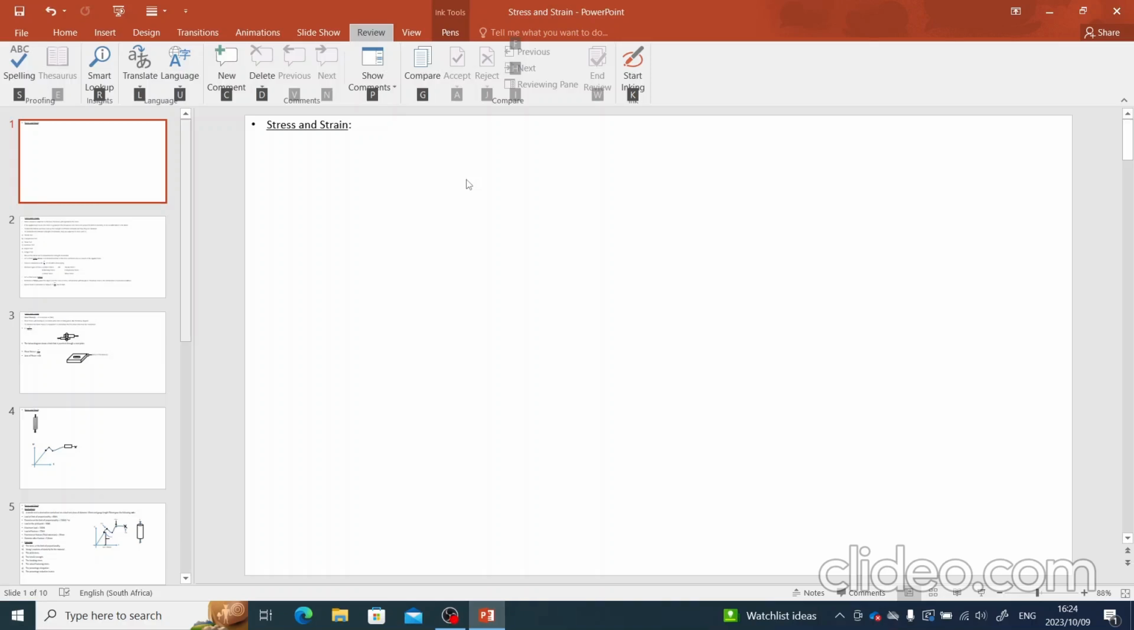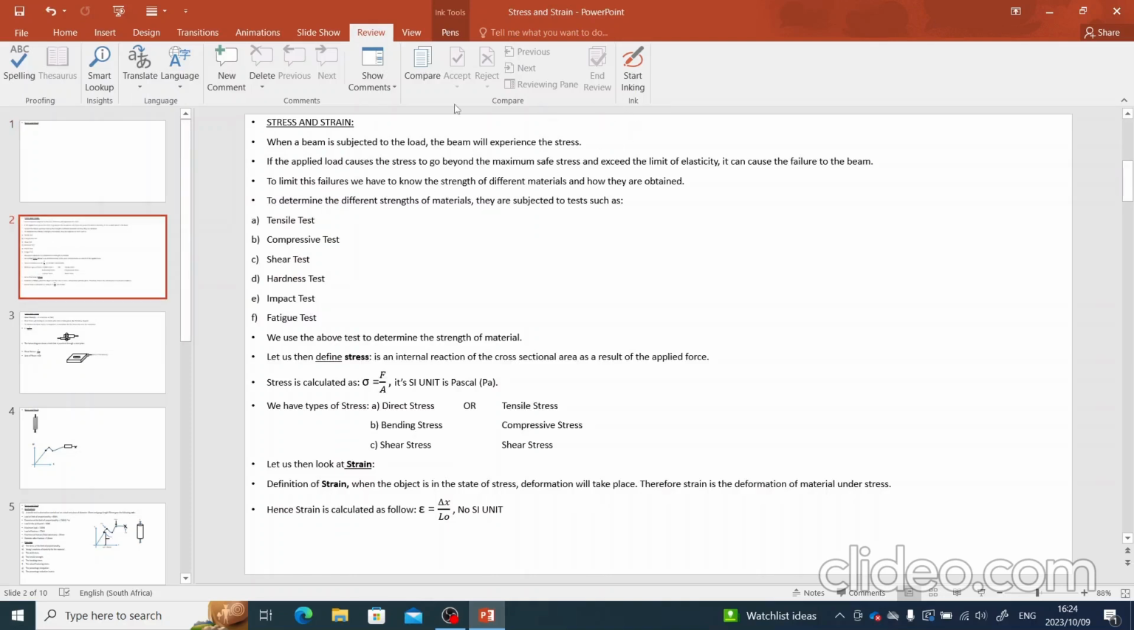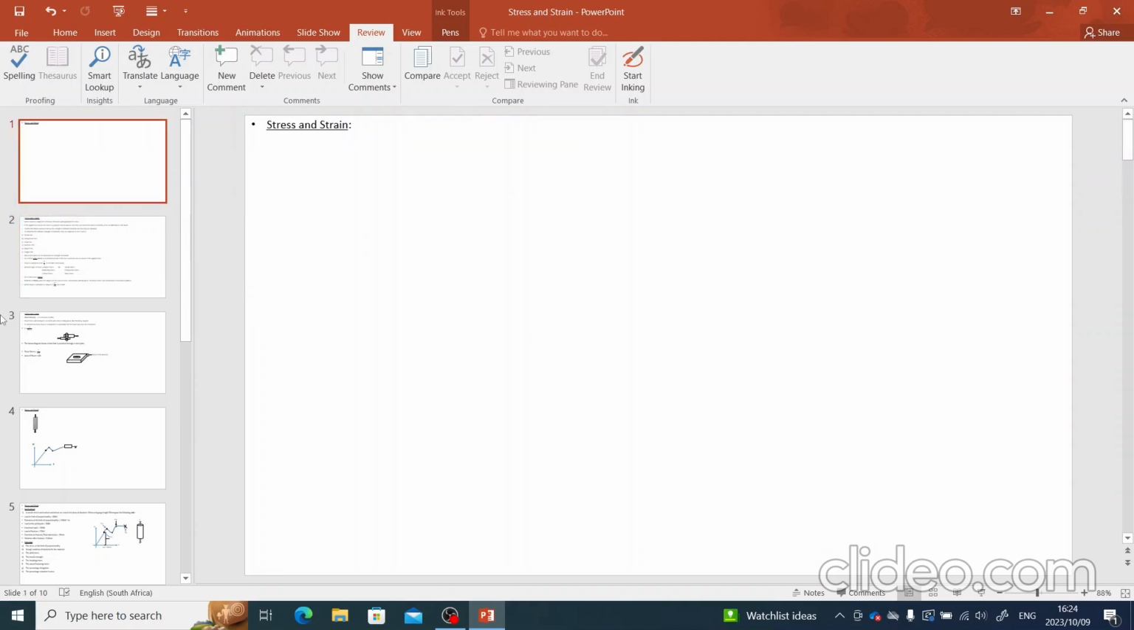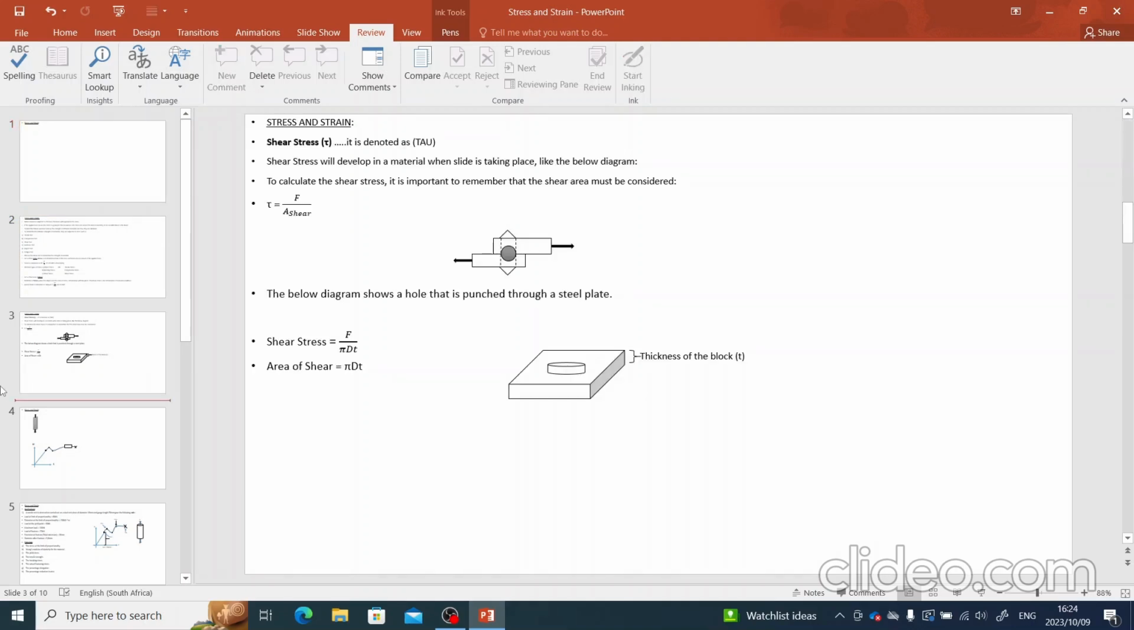Let us look at stress and strain, good people. Stress and strain is the continuity. That which we are doing here is the continuity from